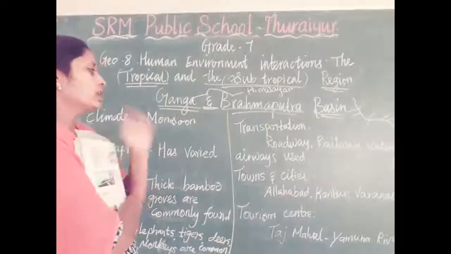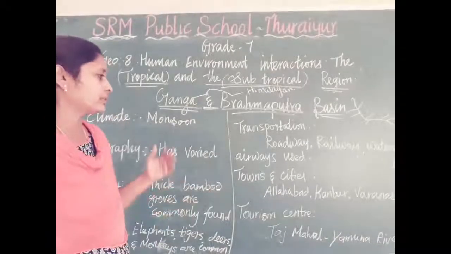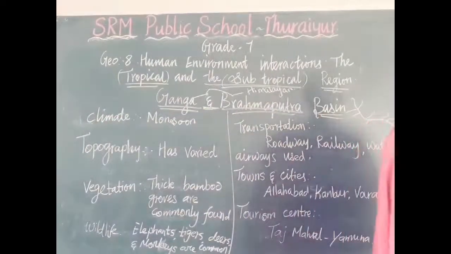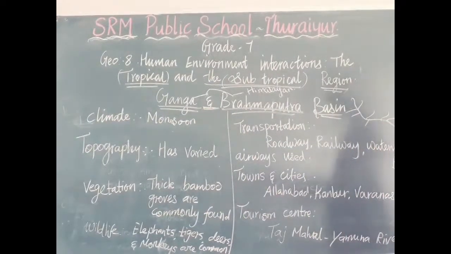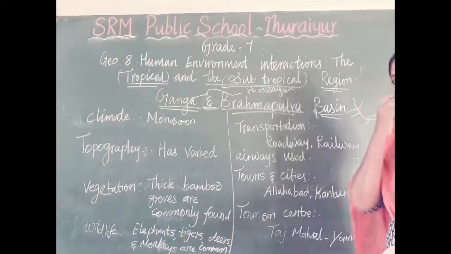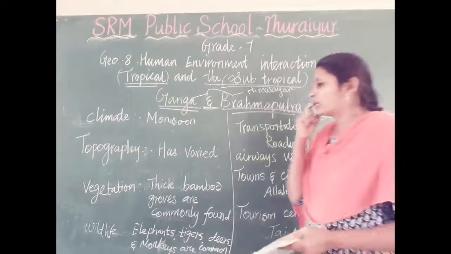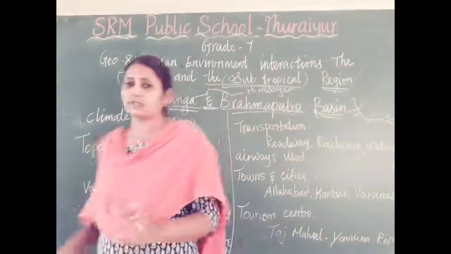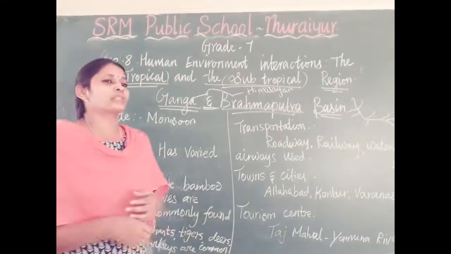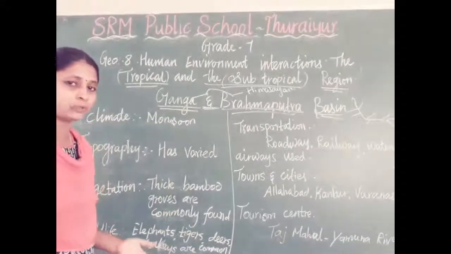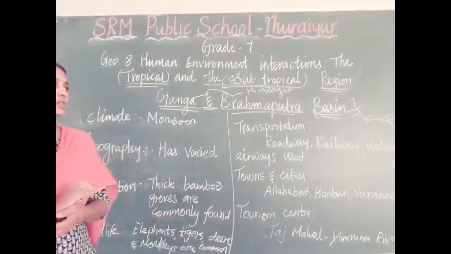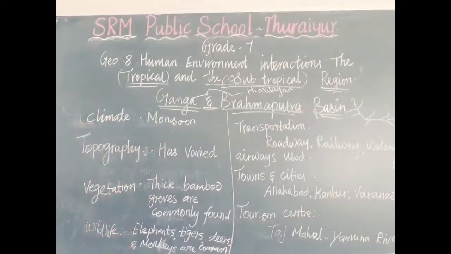The population of the Ganga and Brahmaputra basin is one of the most thickly populated areas in the world. Why are so many people ready to settle in this area? Because of the presence of water, because of this river. This river makes this area very green and gives a lot of opportunity to people for their day-to-day life. So I conclude this lesson here.